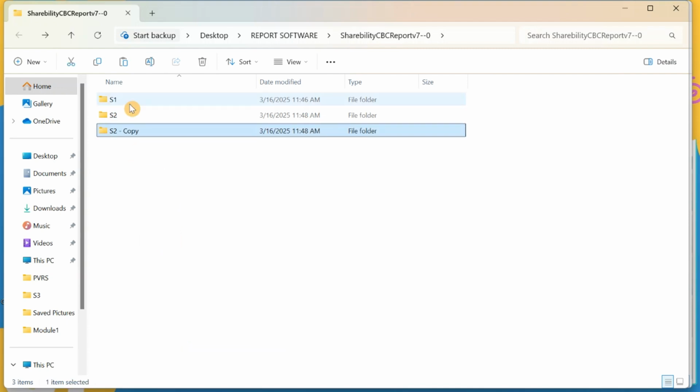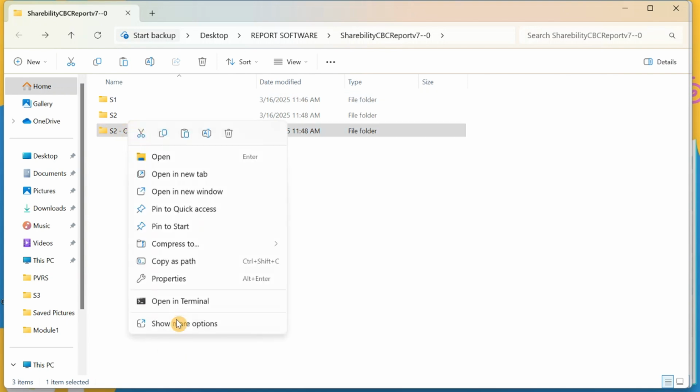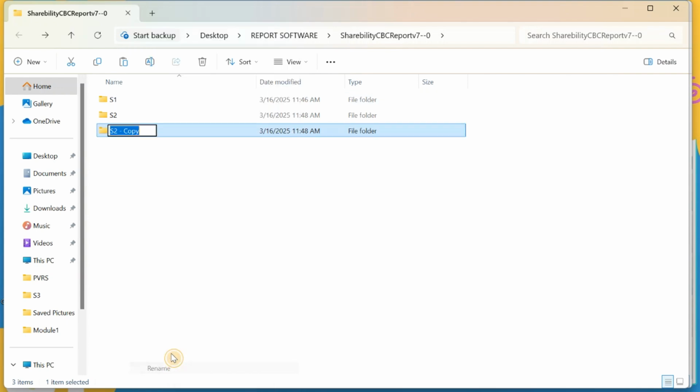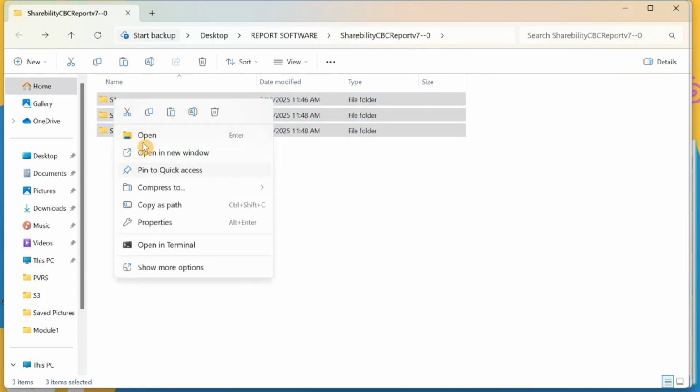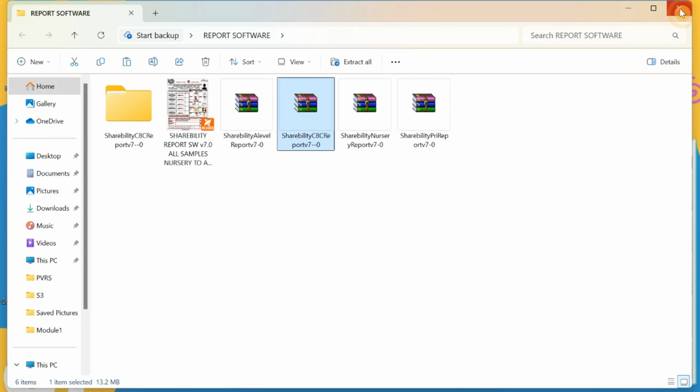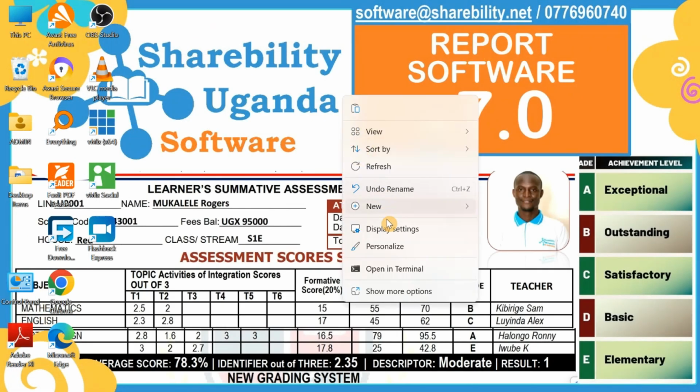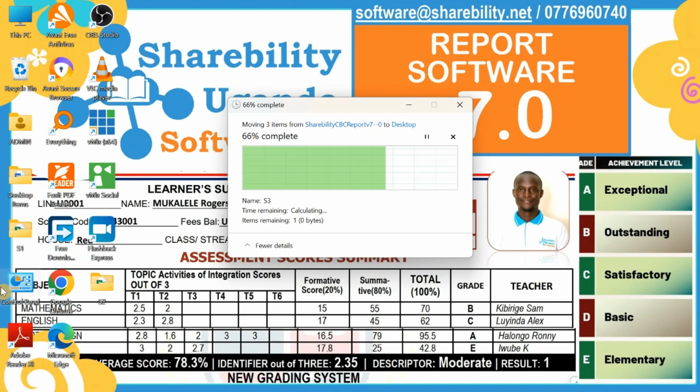So before you open and start modifying it, first rename and create the folders for the classes you are going to need. You can decide to put them all on the desktop, and you tell the teachers, Senior 1 teachers, that is